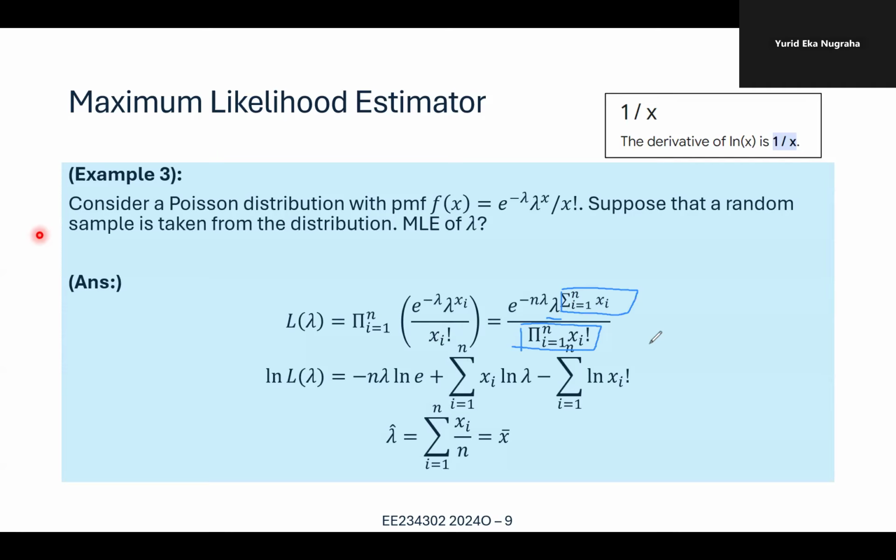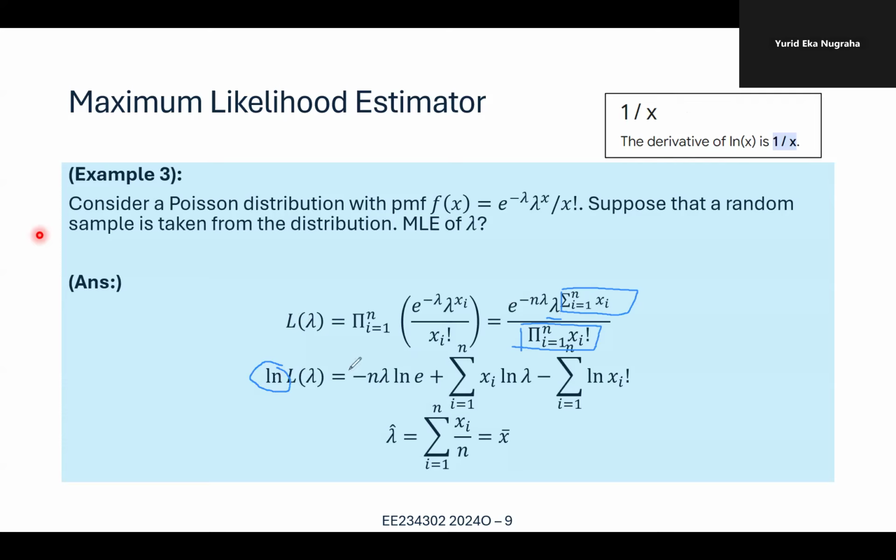And it's easier to use the natural logarithm here. Again, the reason is that the derivative of ln x is 1 over x, which is a known fact. So we try to take the ln of everything. So ln L(lambda) here is